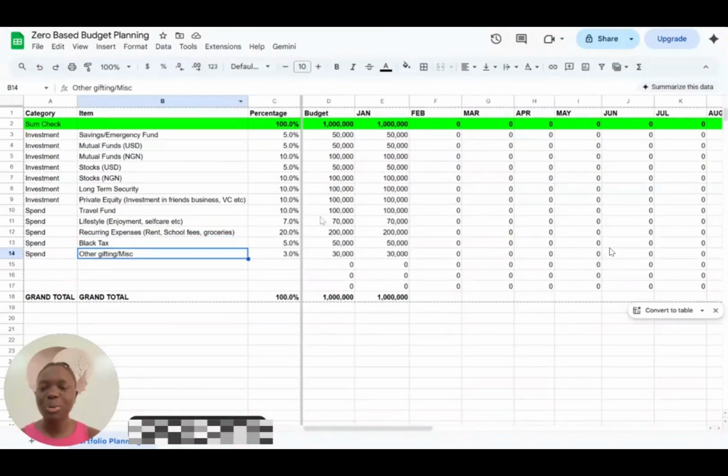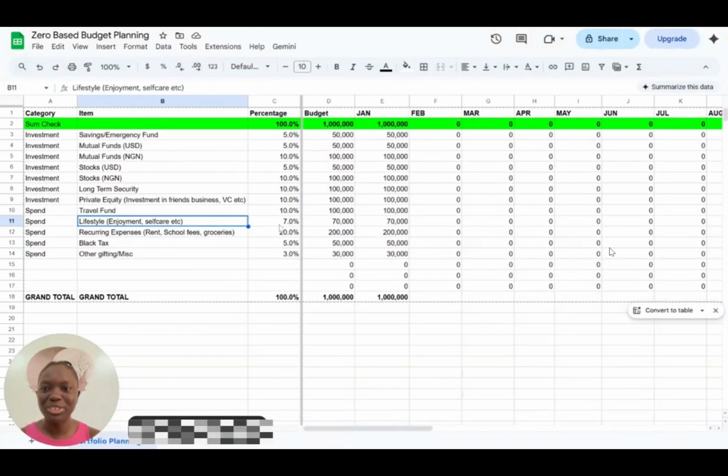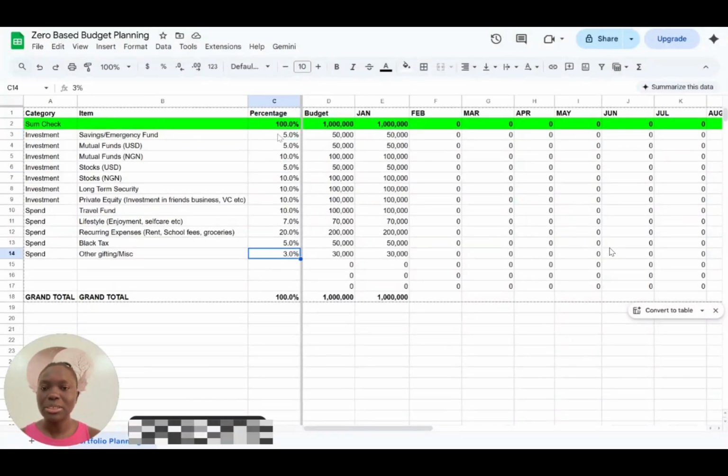Now on this part, you remember how I had said make sure that you have a budget for enjoyment that goes into this lifestyle budget. And let me just add that what I've done here, for my own use case or as a suggestion, is put percentages to each of these items. So what this means is that you need to basically set a plan for how you want to spend your money, and this sheet helps you to do that.